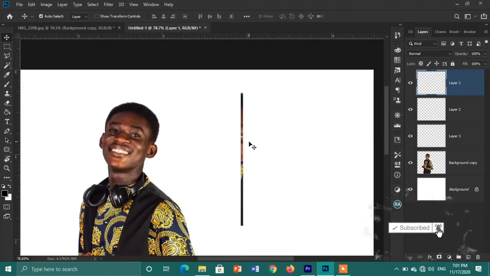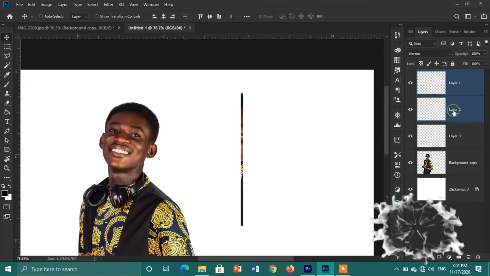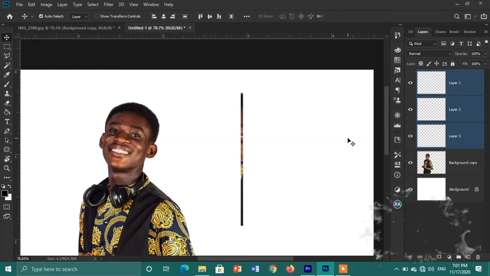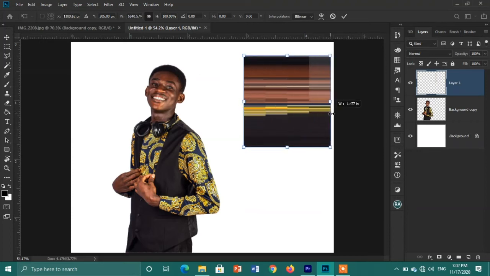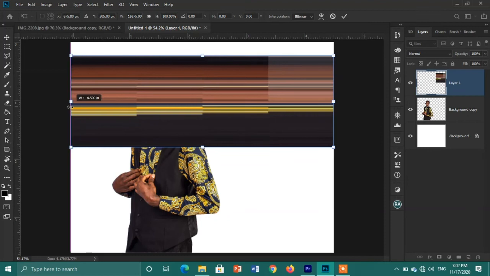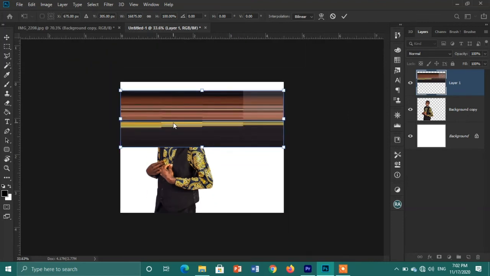Apply. So what I'm going to do now is hold my control, then select the other layers, then use my shortcut key Ctrl plus E to merge. Since I merge them, they are all on one layer, they are combined, so if I move, I'm moving them together. So what I'm going to do is use my transform tool to transform this image. So Ctrl plus T to transform, hold on my shift, then drag all the way to the corner, then also drag all the way to the side. Click enter to apply,